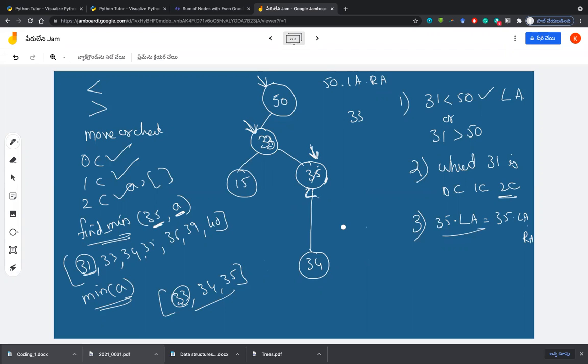So it's a recursively flexible solution. Tell me. Sir, we form a list, right, sir? 33, 34, 35, and from that list we replace the 33 with the minimum of the list, right, sir. So instead of deleting everything, assume 33 as a root, and why don't we insert from that, sir, the rest of the elements in the list, like 34 and 35?